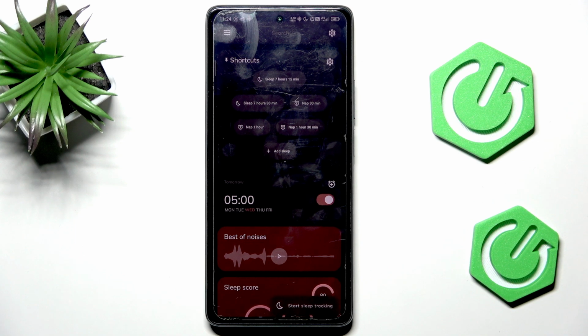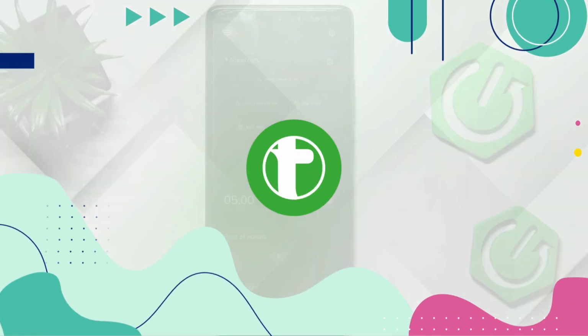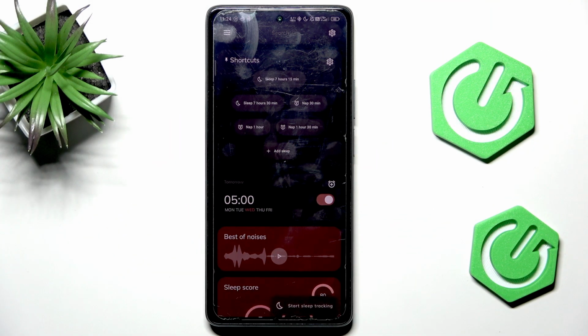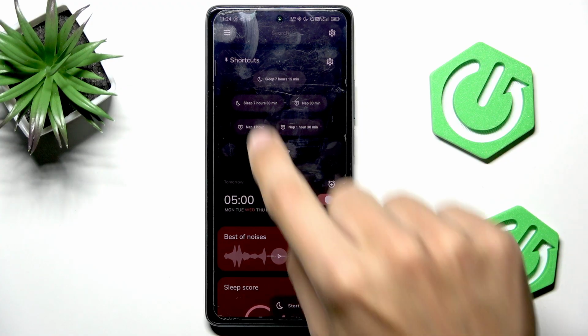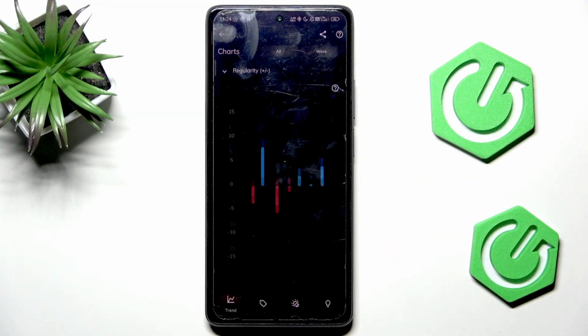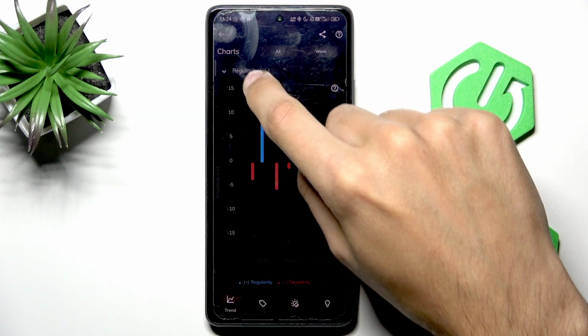Hello, in this video I'm going to show you how you can see your sleep trends on the Sleep as Android app. To see your sleep trends, simply tap right here, then go to charts, and in here you can just pick, for example, the trend for your sleep score